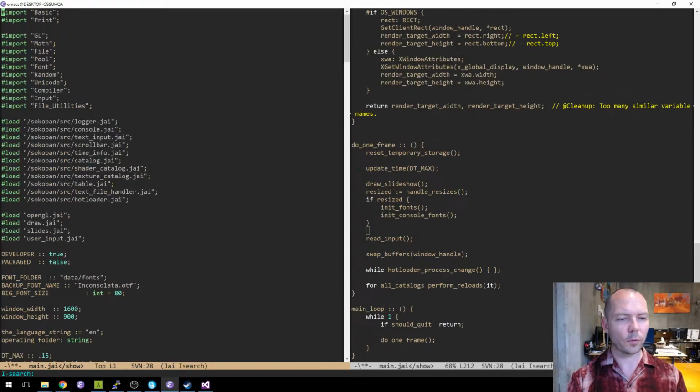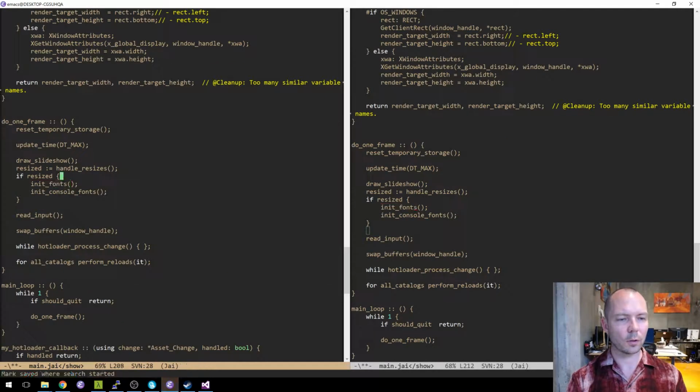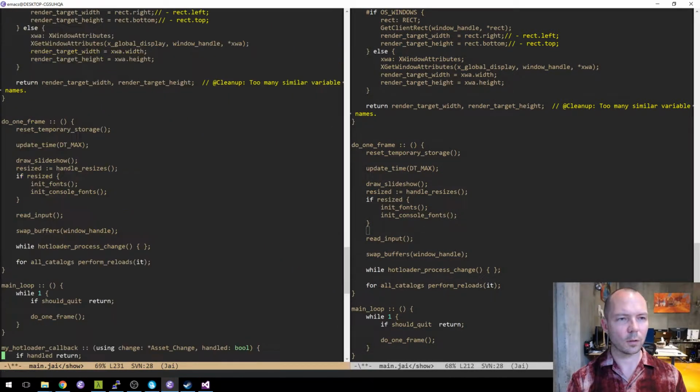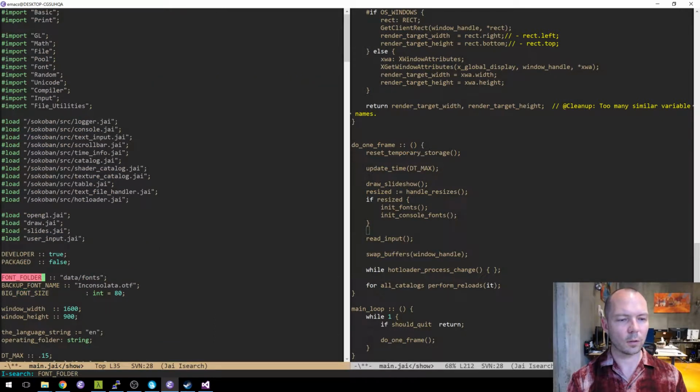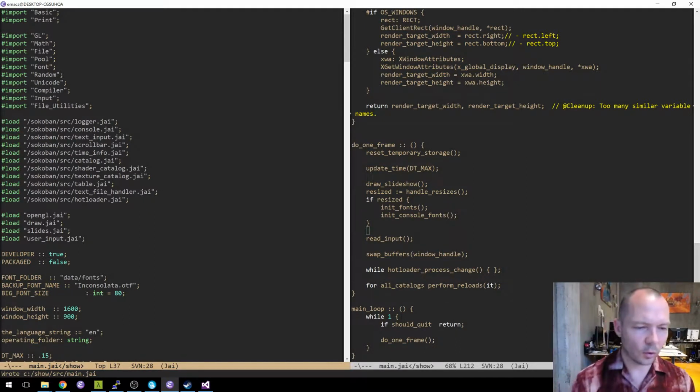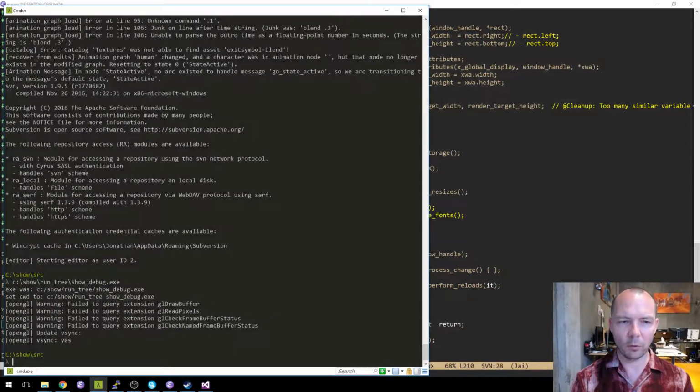I know I initialize, well, actually maybe we don't need either of these in this program. I don't think we do.